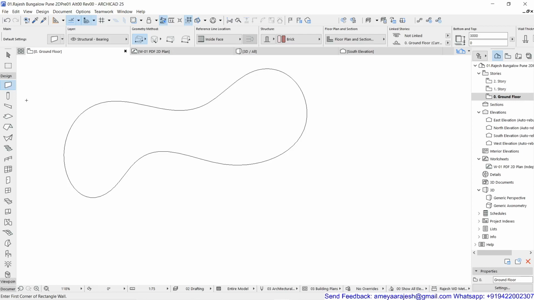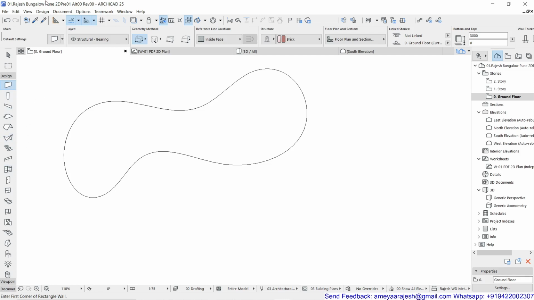Before I start working with the column tool, there's one more thing which I want to add related to wall, but not only restricted to wall tool. You can use this particular drafting technique whenever you have some complicated shapes to be delivered, and maybe you want to draw some polygonal object. So in future, when you start working with a wall tool or beam, slab, roof, shell, even this curtain wall, you can surely use the benefit of this magic wand.